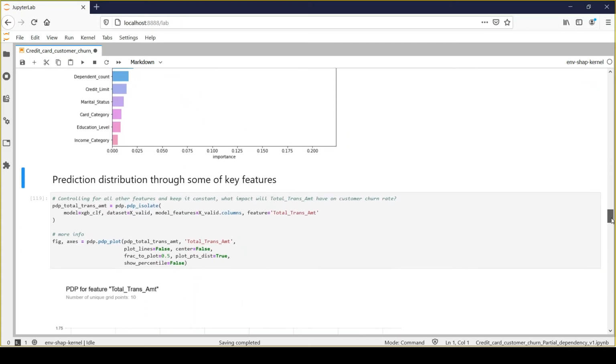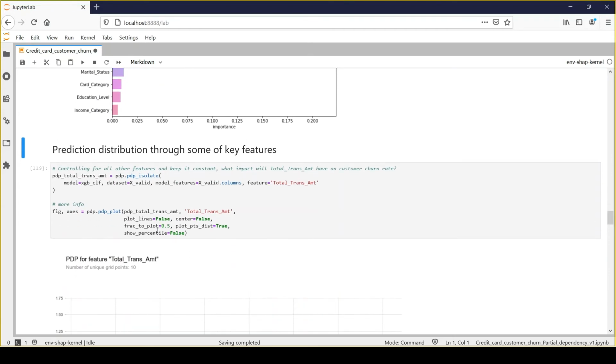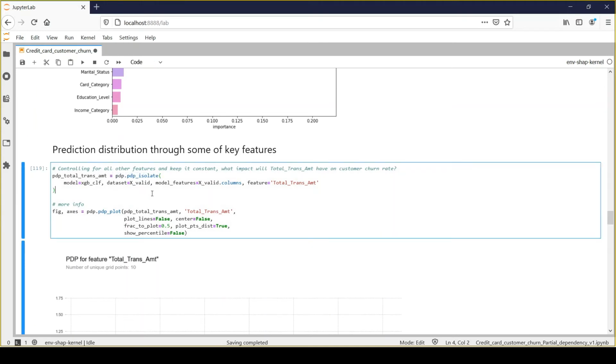So we'll see how we can plot the partial dependency plot. Here we just need to use two functions from the partial dependency plot package, PDP isolate and PDP plot. As part of this statement, we simply pass the classifier we have trained, xgb_clf, and next I'll be passing my validation data.